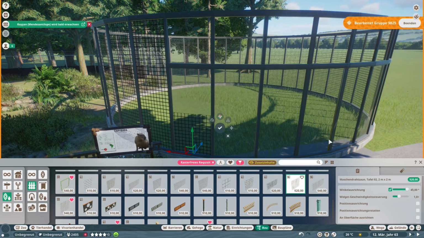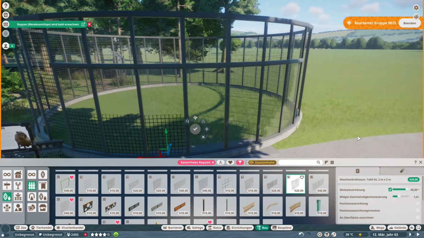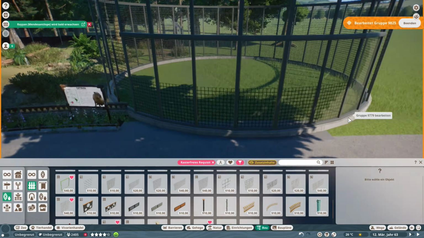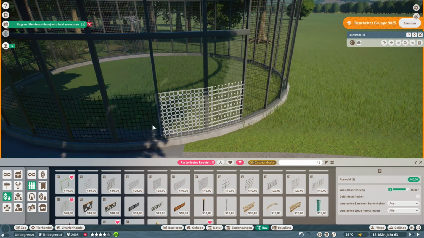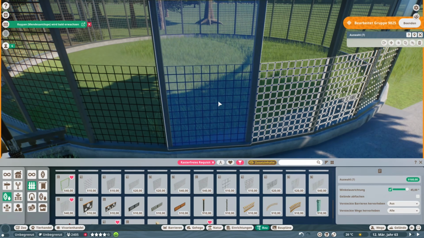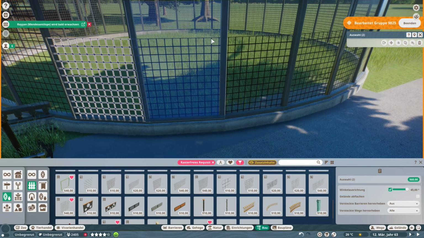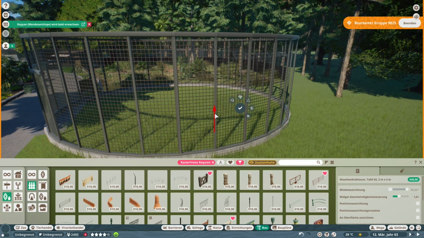But as we are in the South America area, I wanted to have some monkeys in here because we don't have that many monkeys in the park. Yeah, for sure, we do have the lemurs in the Madagascar house. We also do have the lar gibbon in our historical part of the zoo, but I wanted to have something in the South America area as well,